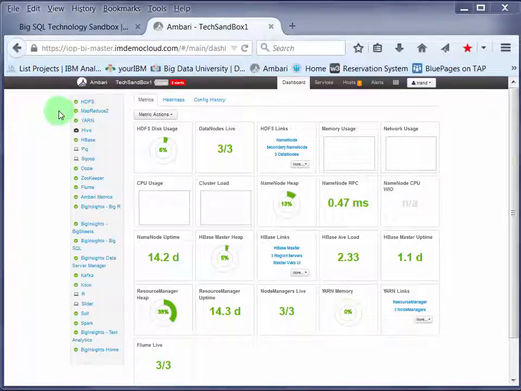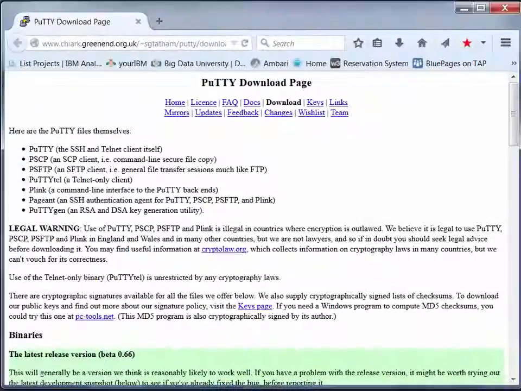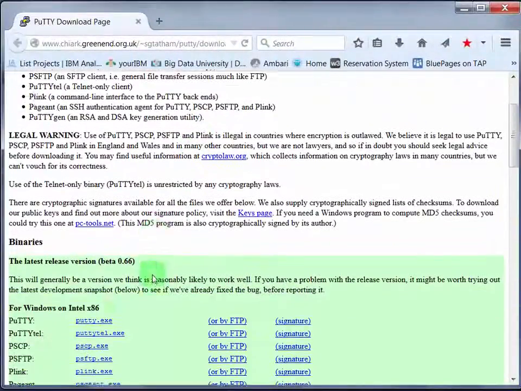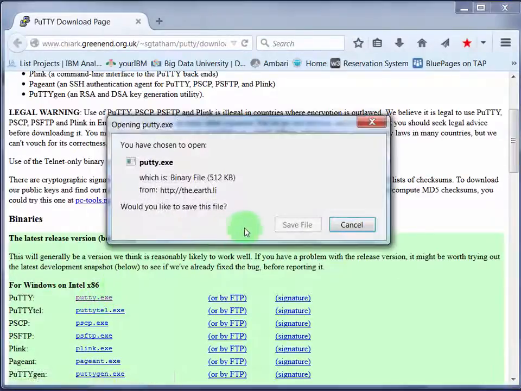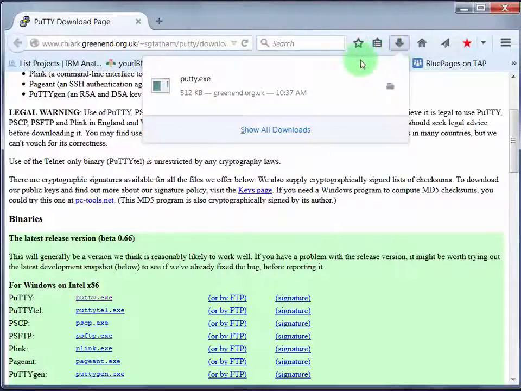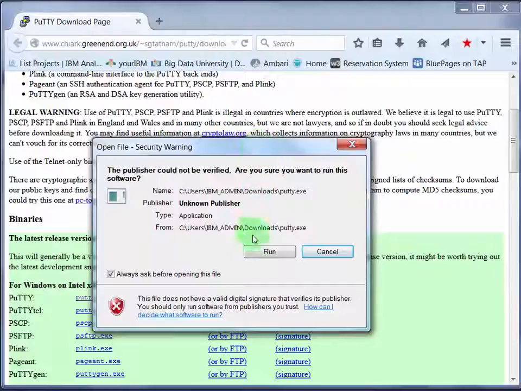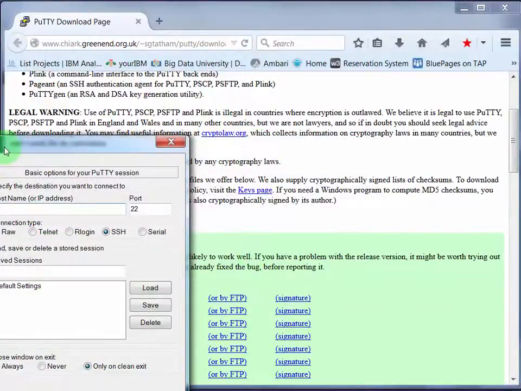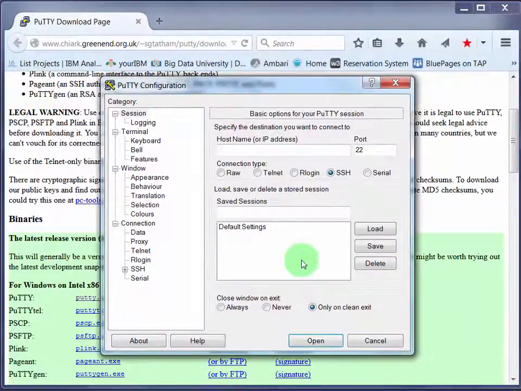Next, we need a way to access the cloud environment to perform these labs. You can use any SSH tools, but in these labs we will be using PuTTY. Go onto the PuTTY website, download the appropriate version, and run it. Now there are a lot of things on this screen,